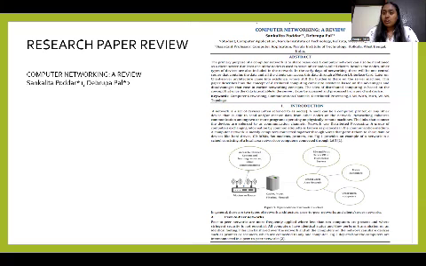Next, let's move on to introduction. A network is a set of devices often referred to as nodes. A node can be a computer, printer, or any other device that is able to send or receive data from other devices or other nodes on a network. Networking enhances communication among two or more programs operating on physically remote machines.